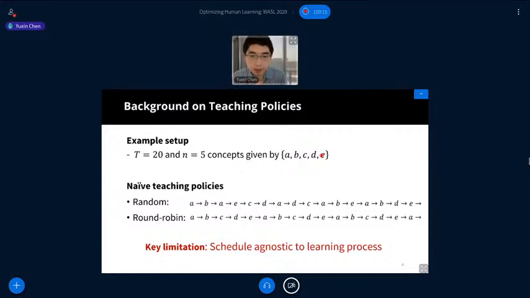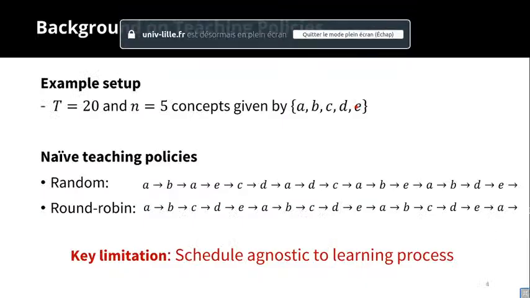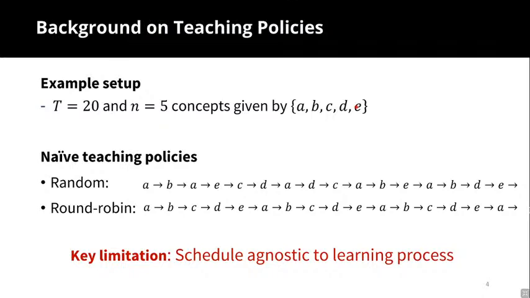So for existing approaches, as we can imagine, there's one very basic approach: just show items at random. So we have A, B, C, D, E, and at every iteration, we show one random item, hoping the learner can pick it up, disregarding the learner's feedback. Round robin is similar: we show the words in turn. Even though the learner makes perfect guesses over all the words, we still repeat that for 4 times.